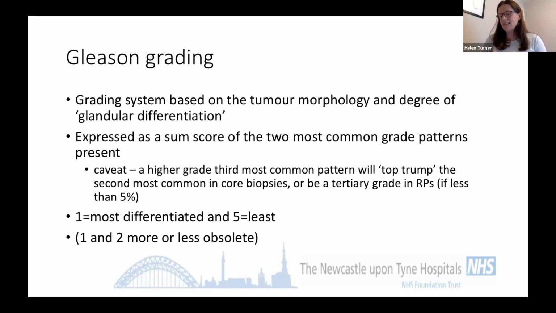That being said, it's still essentially just giving you a quantification of the degree of glandular differentiation in the tumour, with 1 being the most differentiated and 5 being the least differentiated. I should point out at this point that the groups 1 and 2 from Gleason's original work are pretty much obsolete in